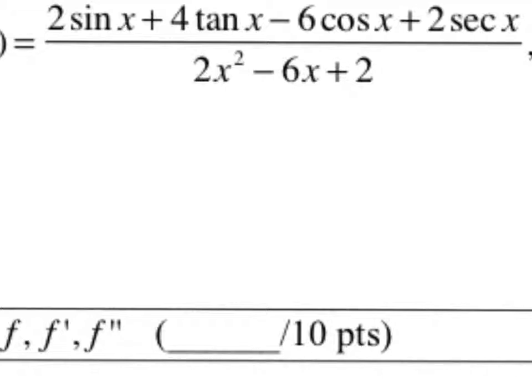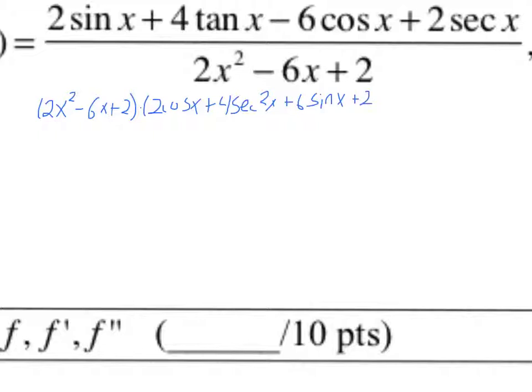So we get the bottom, 2x squared minus 6x plus 2, times the derivative of the top. Derivative of sine is cosine, so 2 cosine x plus 4 secant squared x plus 6 sine x plus 2 secant x tangent x for the derivative of secant. And that's going to be minus